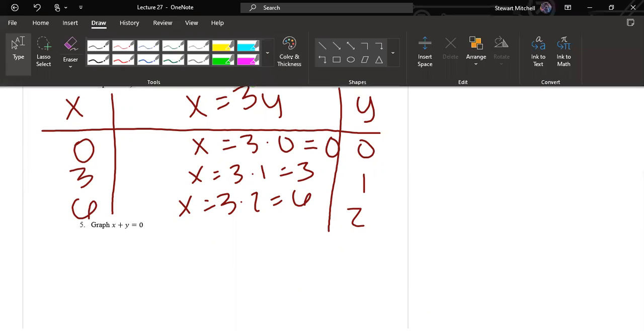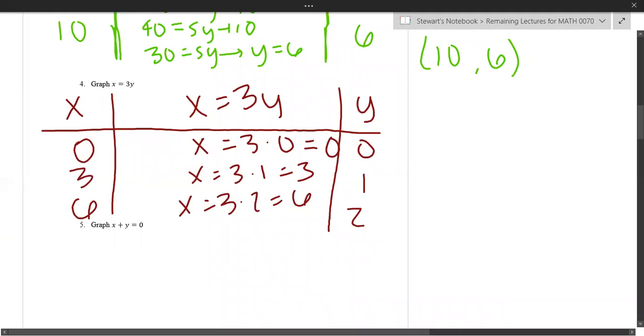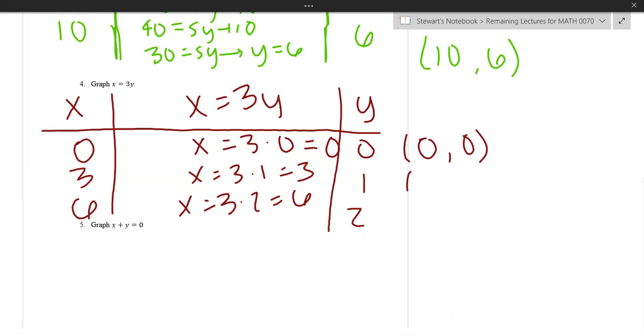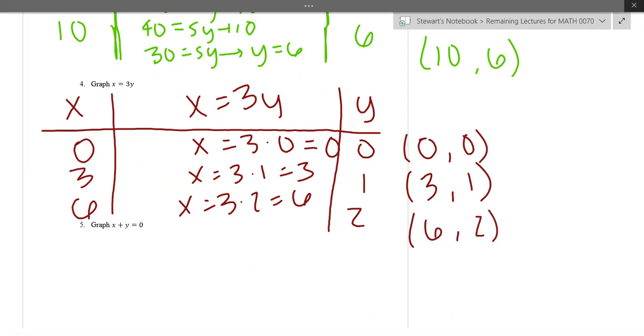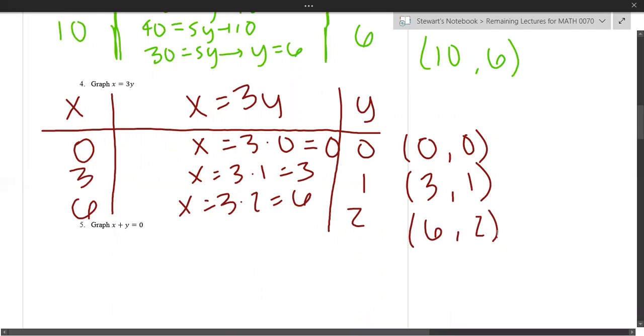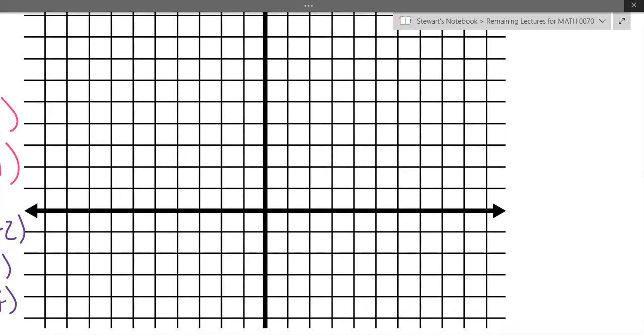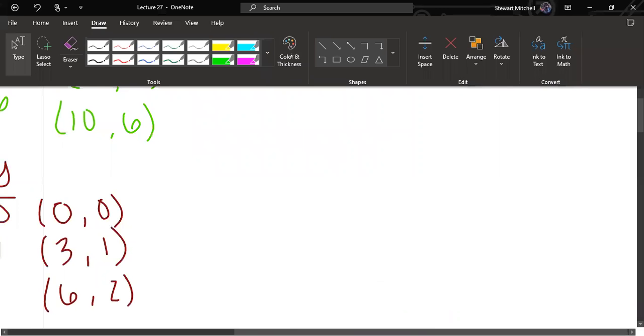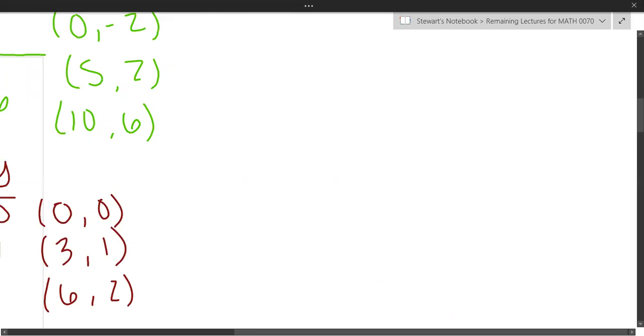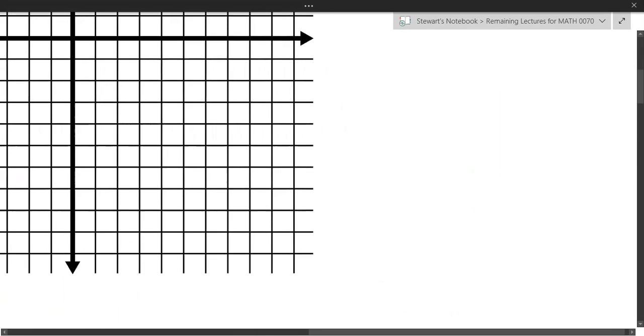Okay. So respective points here are 0, 0, which is the origin, 3, 1, and 6, 2. So 0, 0, 3, 1, 6, 2. So when we go up here, the first point,